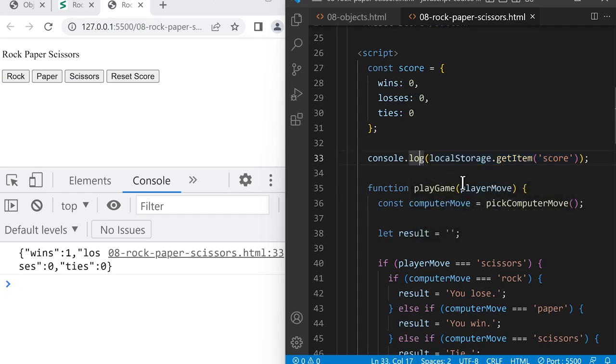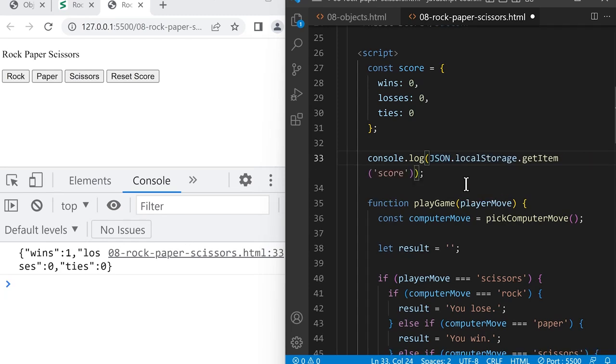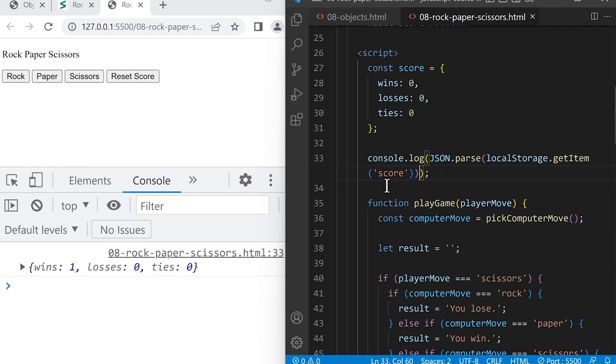So at the front, we can type JSON.parse and then open bracket, and at the end, a close bracket, and it will convert this back to an object. If we save, it will convert the score from a JSON string back to an object. So now we can use